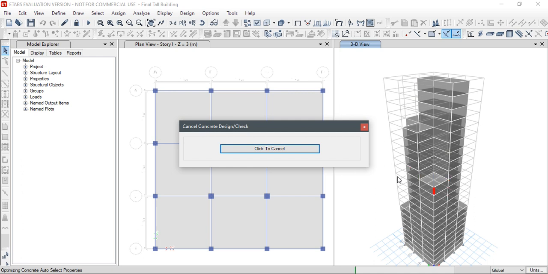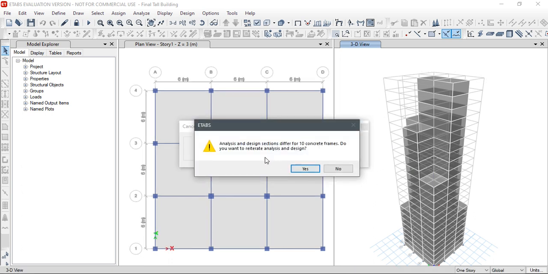Once it verifies that all the frame members are okay, then our design will be completed. In this reiteration process the safety of this structure is going to be ensured, because all these members were failing, and again it is giving us a notification that 10 concrete frames differ.